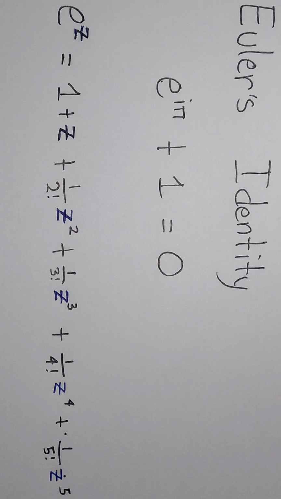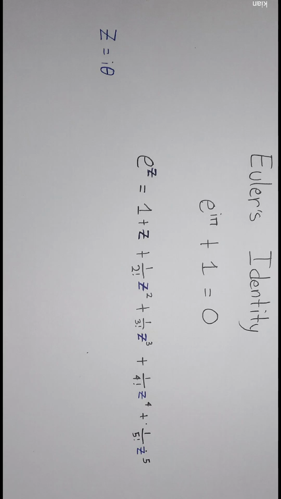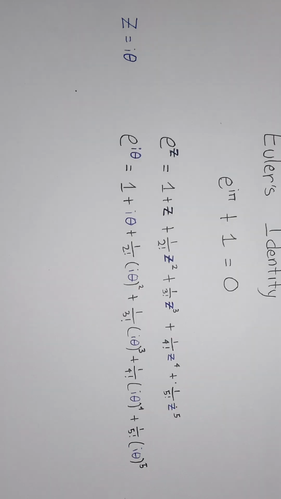Z raised to the power of 5, and it continues, so it never ends. So now we have Z is equal to i theta. That's why we use Z, because Z is a complex variable. So this is the phase now. e raised to the power of i theta equals 1 plus i theta plus 1 over 2